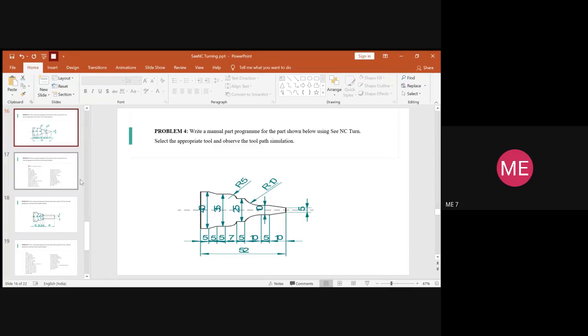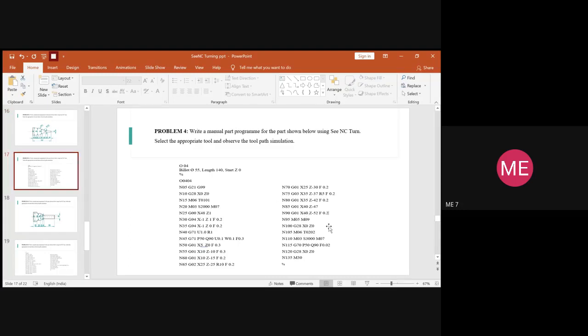Once the rough turning is completed, our basic thumb rule is you need to stop the spindle and the coolant also to be turned off. So you will write M05 for spindle off and M09 for coolant off. Very next step, as we did in the last class also, you need to push the tool back to its home position. So you will write G28 so that it helps the tool to move away from the workpiece. After that, you will go for M06 where you need to change the tool.